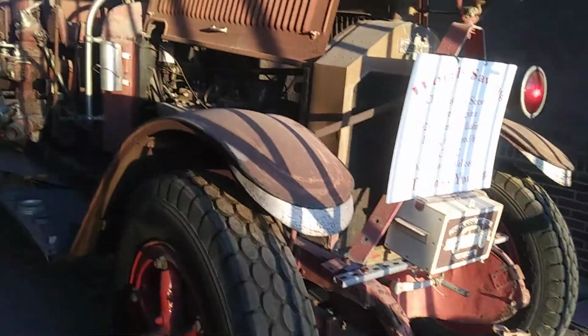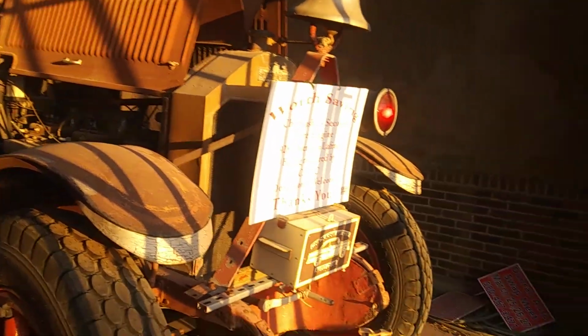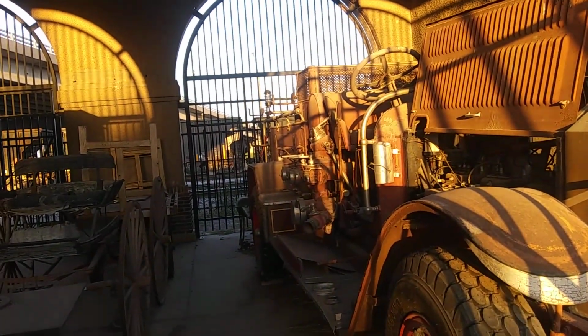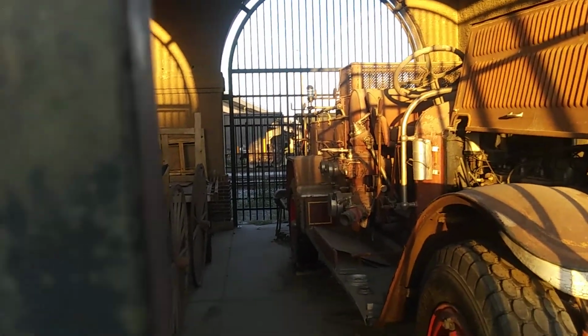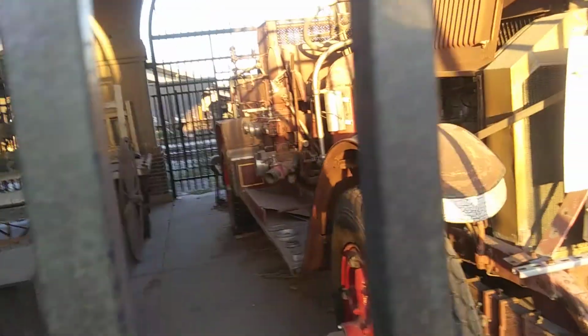I wish I could get a closer look at it. That's nice. Still got the old pumps and everything. Driven on the passenger side, that's cool. It wouldn't take much to fix them up. Maybe some body work. Even a gallon of fire engine red paint wouldn't hurt. I think this one in here was the old ladder truck. Here's the old